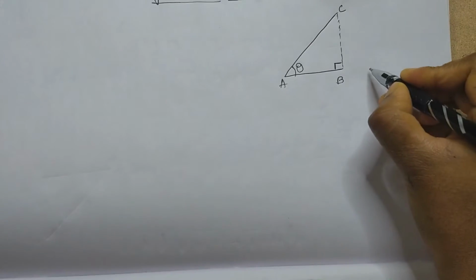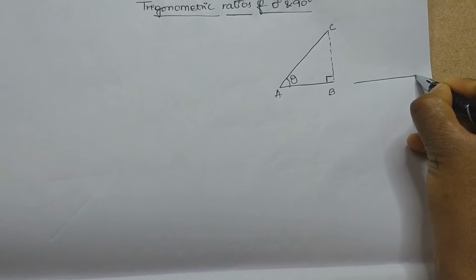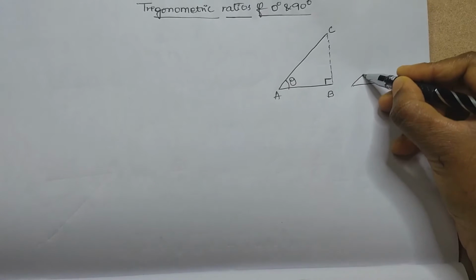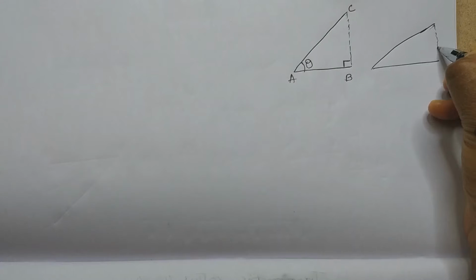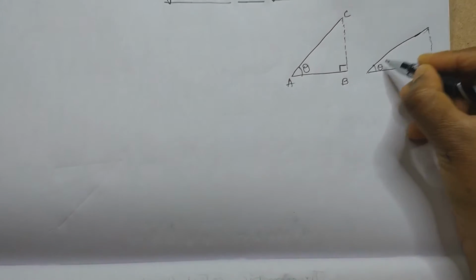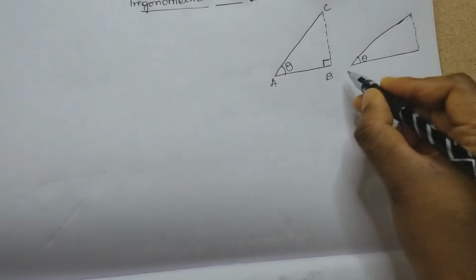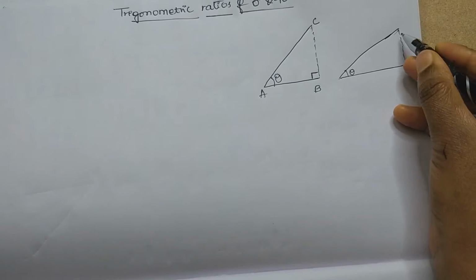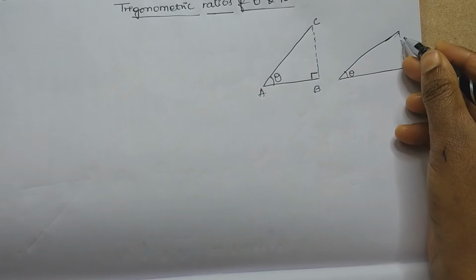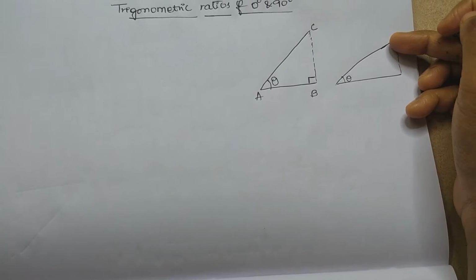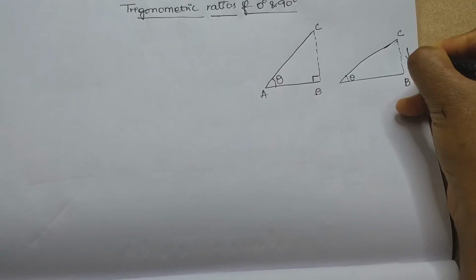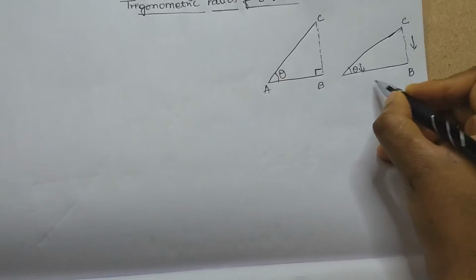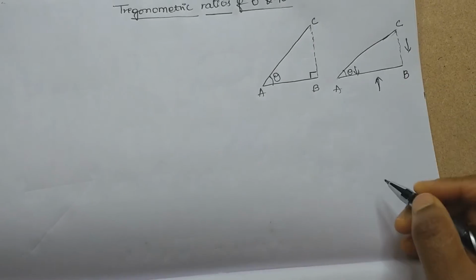I will show you. Let me draw the diagram here itself. If a person wants to whitewash the wall at a lower point, this is the lower point when compared to this. It means theta is decreased but the base is increased. See here, theta is decreased, and the height of the wall is also decreased. BC is decreased, theta is decreased, but the base AB increases.